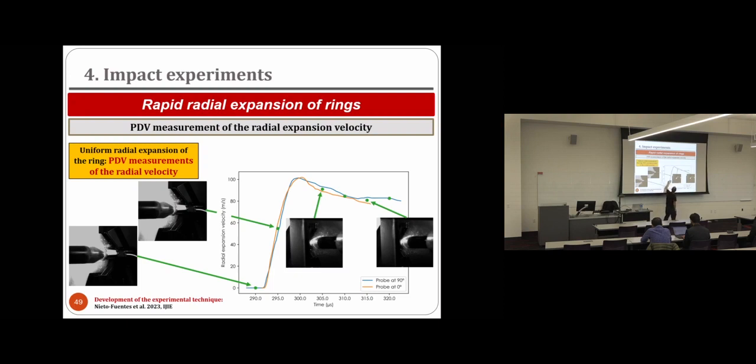So luckily, we got a pretty good agreement, and you can see the recording of both probes, okay? And this is the increase in velocity, so the ring reaches something like 100 meters per second, and then we can also relate the different stages or the different points of the radial velocity curve with the corresponding fragmentation process. So we know exactly where the fragmentation occurs based on the PDB recording and the video recording that we have.